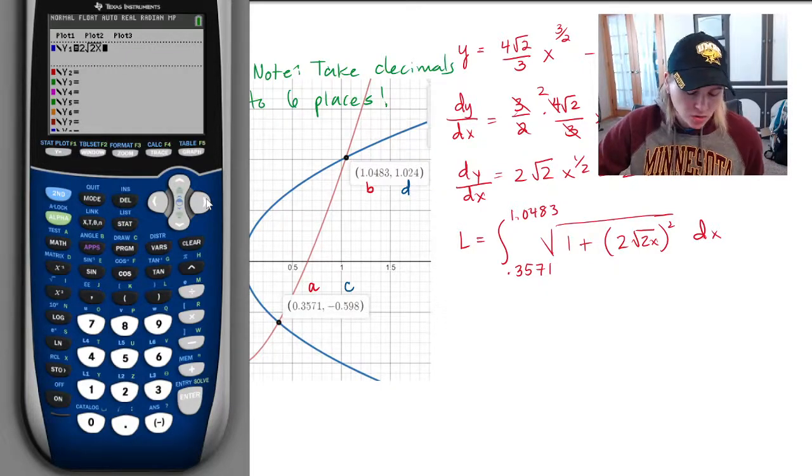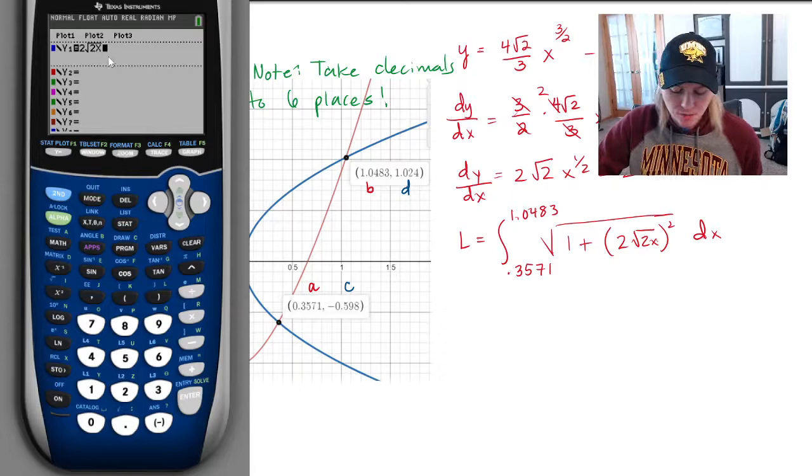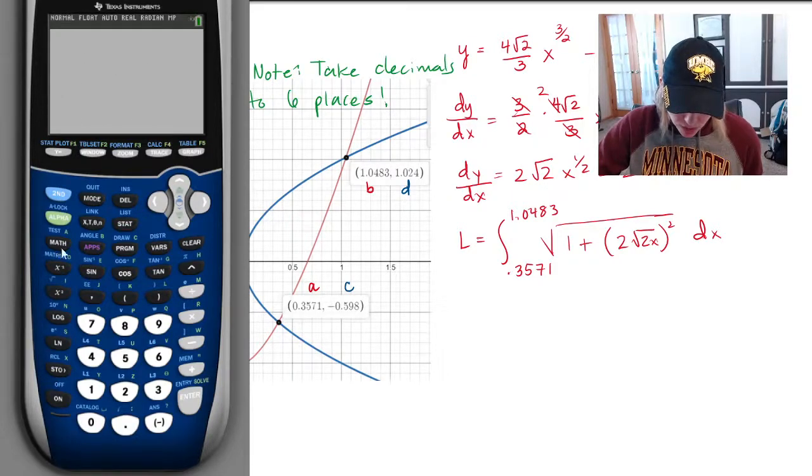And so doing this trick of typing it into y1 means that when I quit out, and I use Math 9, and I start putting in all the information for my integral, when I go to type it in to the big square root, there's so much going on. It's so easy to make a mistake,